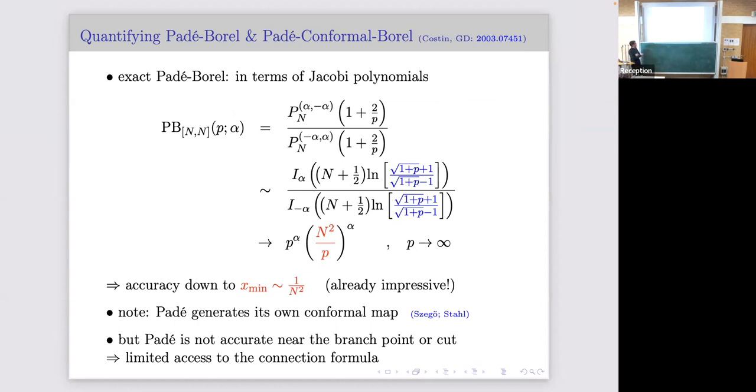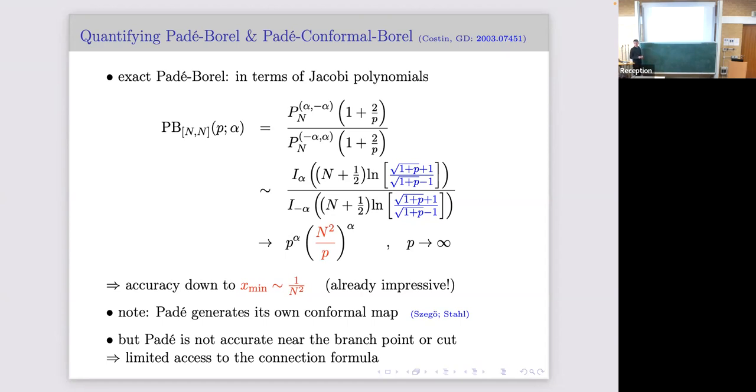And what that means is that when you integrate, you can get your chosen level of precision down to some x value that scales like 1 over n squared. Okay? It's just a transform scaling argument. So you can start way out at x equals infinity. You can choose, say you want 1% precision. You can extrapolate down to some point, and as you vary your number of terms in the expansion, you'll be able to go further, and it scales like 1 over n squared.